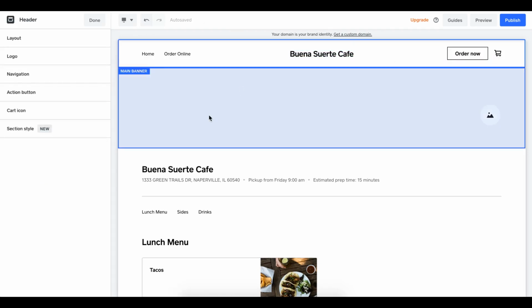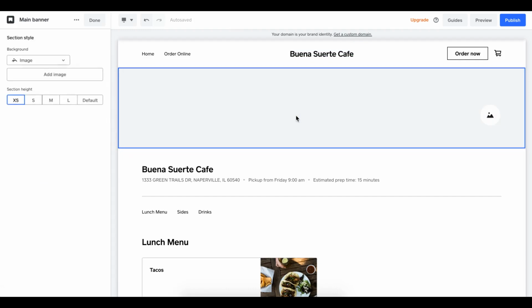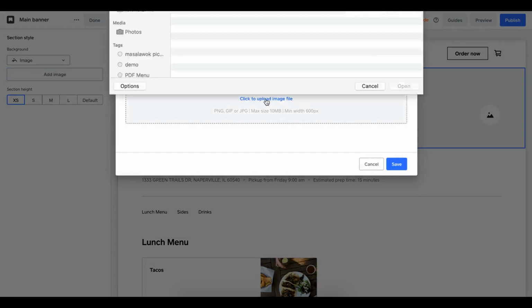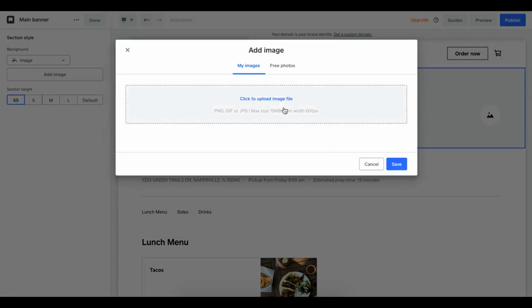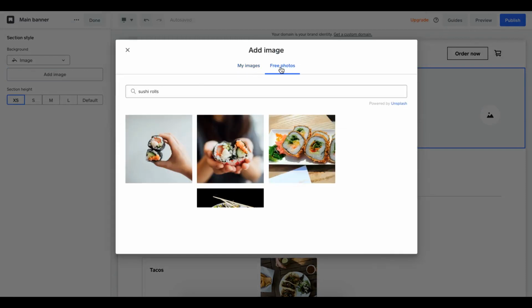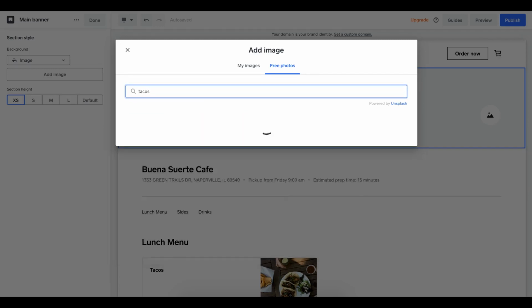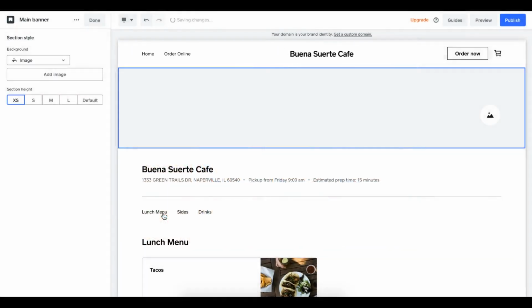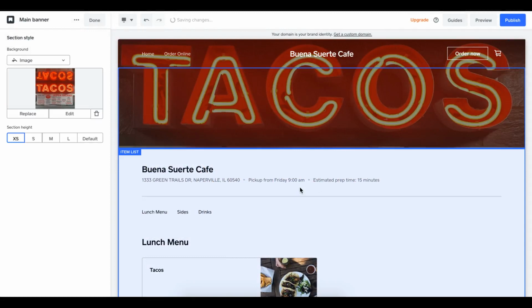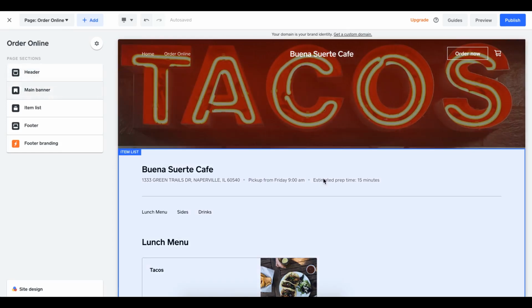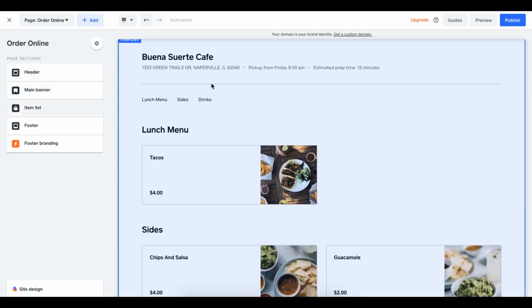Okay, and I also need an image. And what's really nice about Square is if I click on this image and I click add image, I can either upload my own image. You can also click an image from our free image gallery here. So let me go ahead and click that. And I will type in tacos, because I like to promote that on my store. And so great. So I'm going to use that image from Square. Very good. So now I am going to click done, and I have my image, I have my site title correct, and now I have my order online page